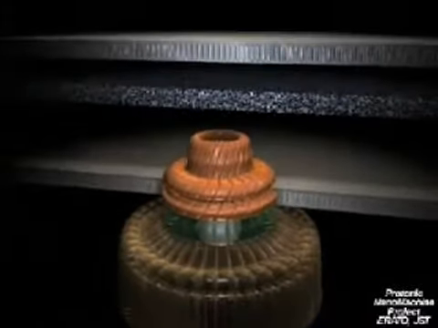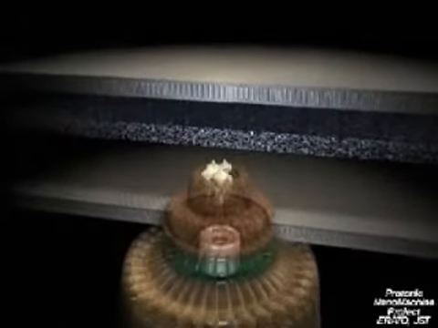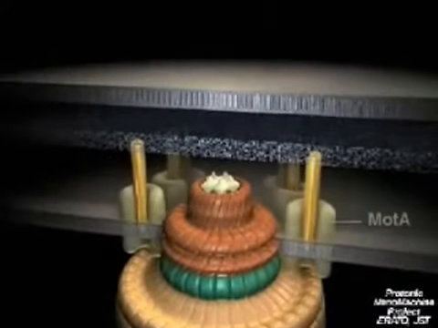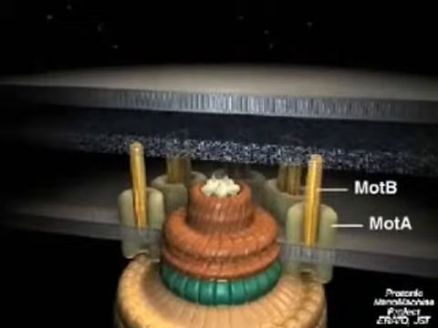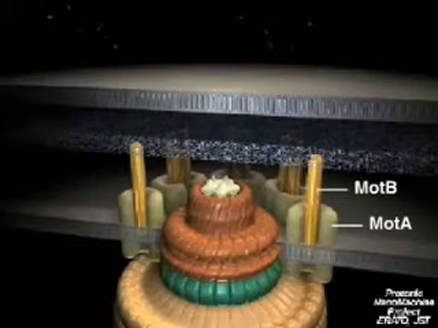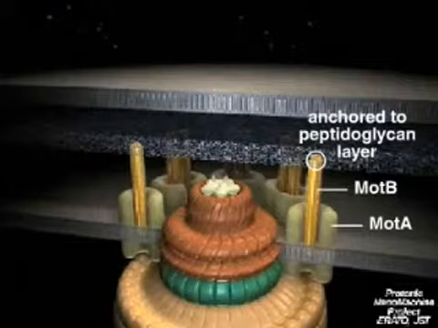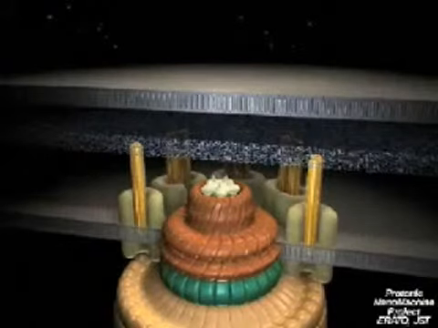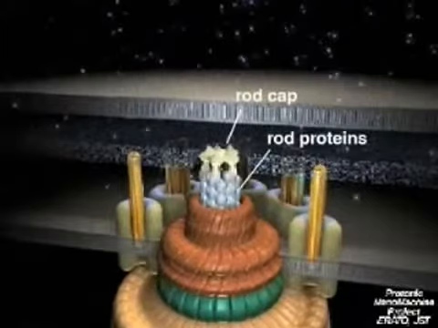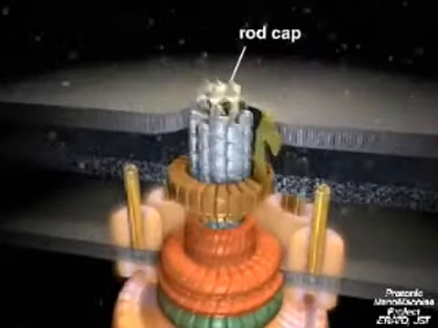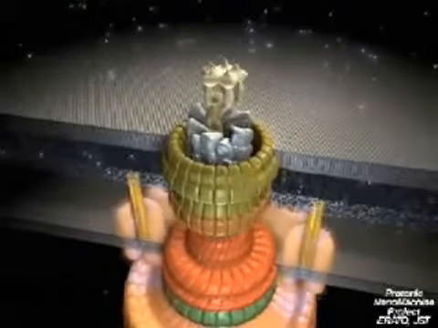Flagellar proteins destined to be part of the extracellular portion of the flagellum are exported from the cell by a flagellum-specific export pathway and assembled at the center. MotA and MotB form the stationary part of the flagellar motor, the stator. Both are integral membrane proteins, but MotB is also anchored to the rigid peptidoglycan layer, keeping the stator proteins fixed in place. The subunits of the rod portion of the rotor move up through the hollow cylinder in the assembly, and assisted by cap proteins, build up the rod in a proximal to distal fashion.